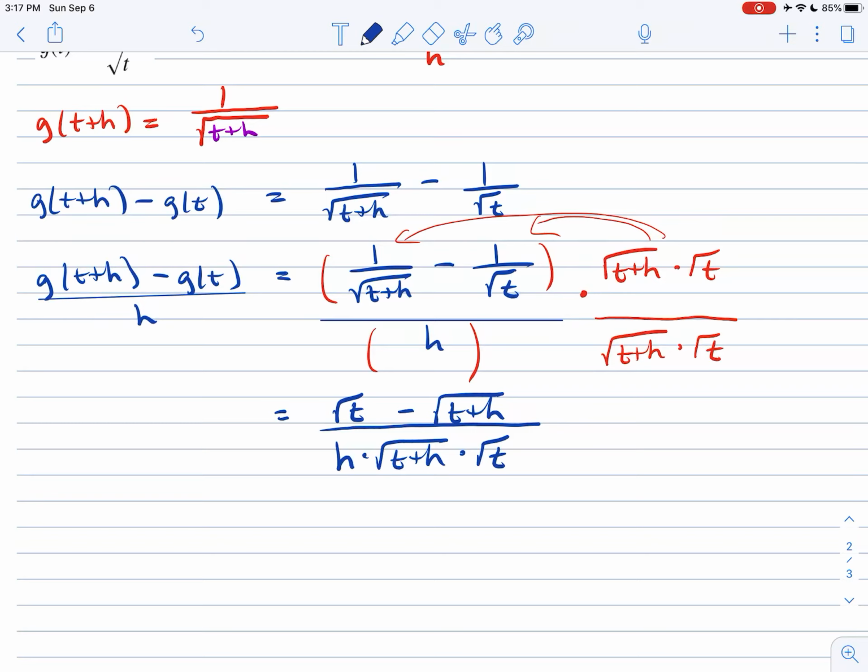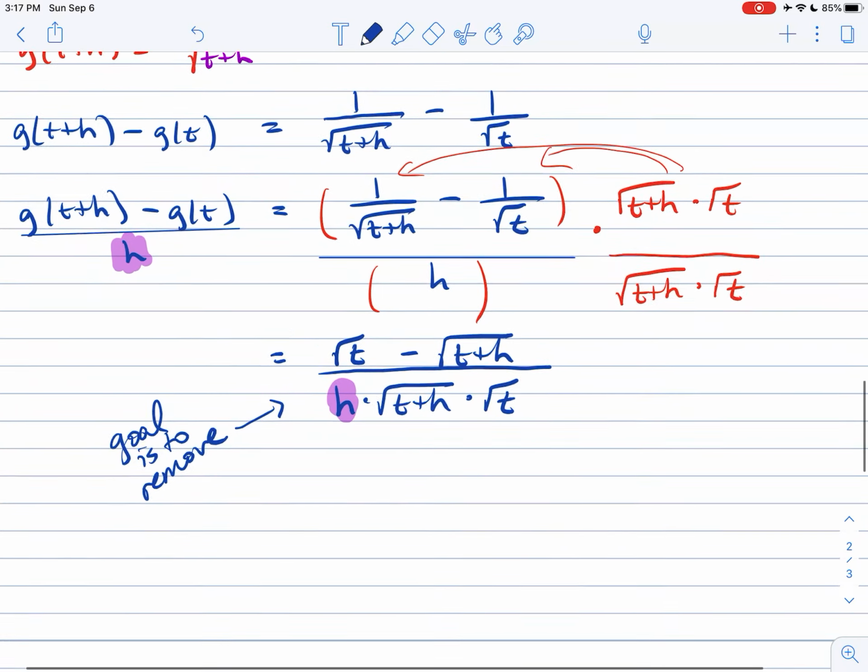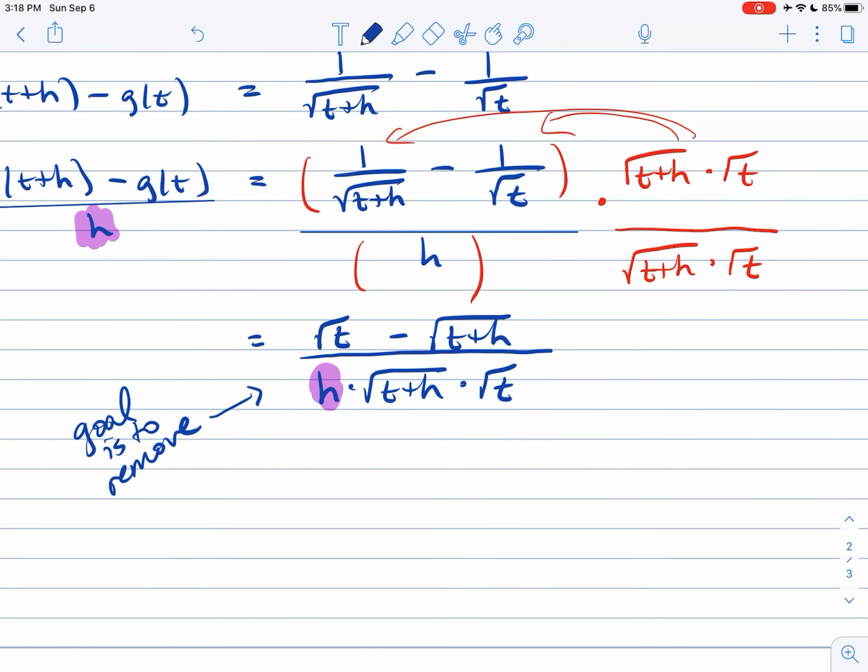All right, our goal here in simplifying the difference quotient is really to get rid of, or to cancel out, the h. So I want to manipulate the expression that I have here so that I can actually remove the h. That's our goal. And that will become clear later on when we're calculating limits, why that is the case. Because really h is going to be approaching 0, and we don't want to be dividing by 0, and we want to be able to remove that. So with that difference of radicals,